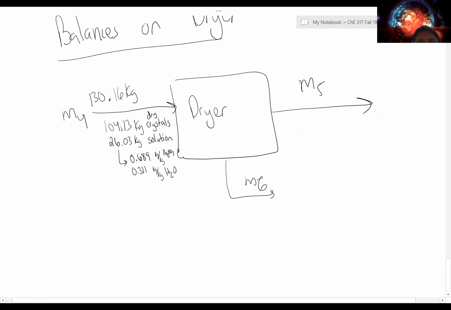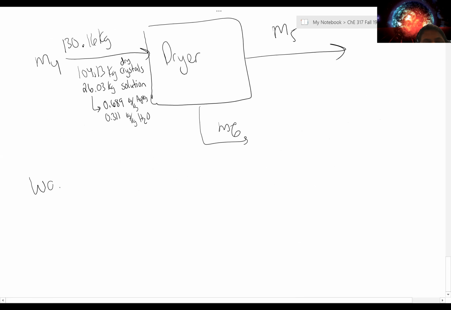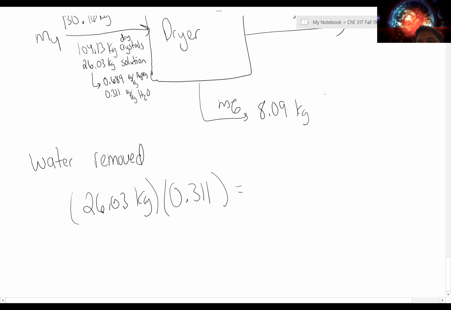So the amount of water, if water enters only in M4 and leaves only in M6, the amount of water removed would be the 26.03 kilograms in that solution times 0.311, or 8.09 kilograms of water,